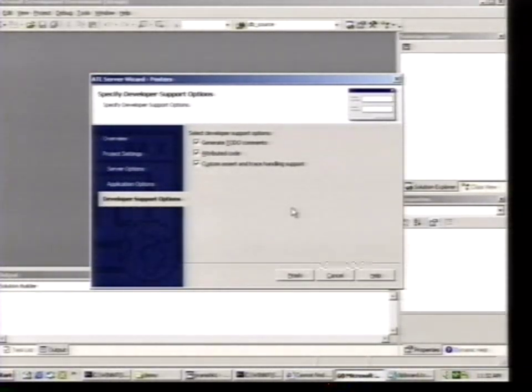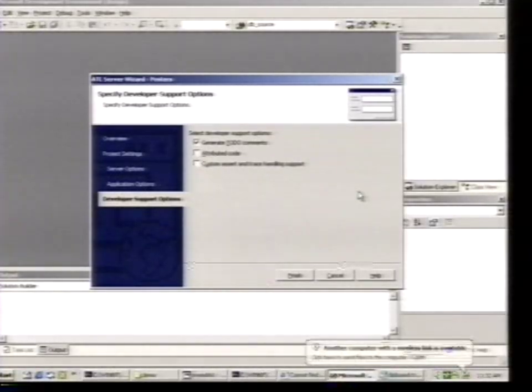These are just some of the more general options. You'll notice attributed code and the custom assert and trace handling support. I'll probably talk about some of the assert and trace handling support later on. We have some really nice features with Visual Studio 7 and the new debugger, and basically error messages that IIS usually tries to hide from you, you can actually get access to with the new debugger, which is really handy